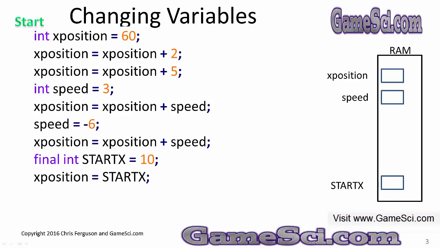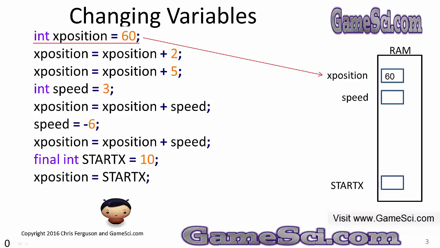So we'll start with our int x position equals 60. We'll start the x position of our character at position 60 on the x-axis. The x-axis is the horizontal axis of the game, and this is just an approximation. Our character that I'm displaying here is at position 60. Now, if this number changes, I expect the position of the character to change. So let's try that out. And remember,